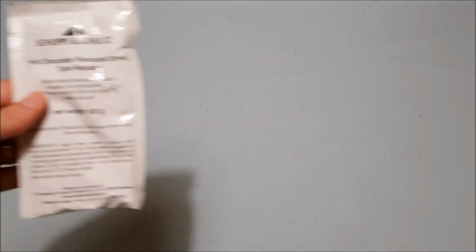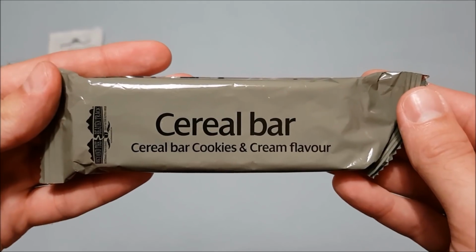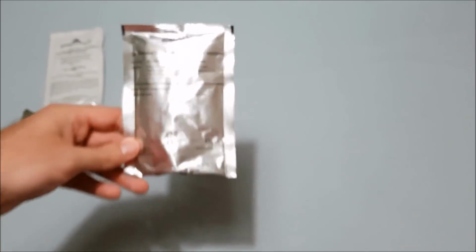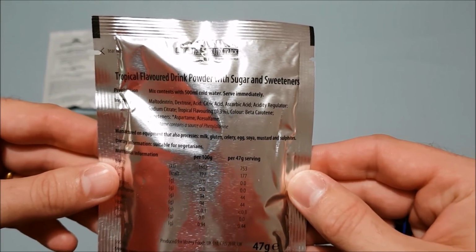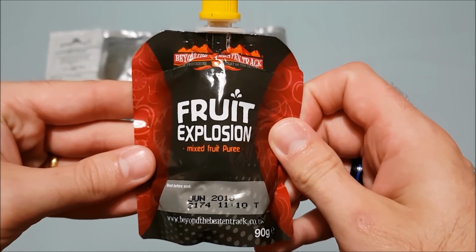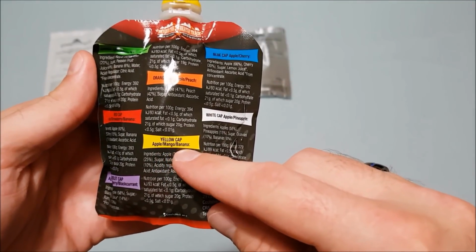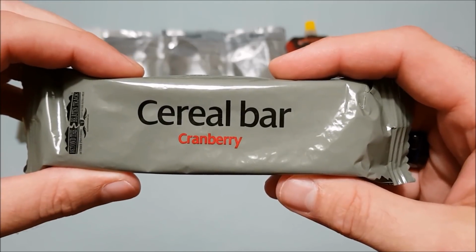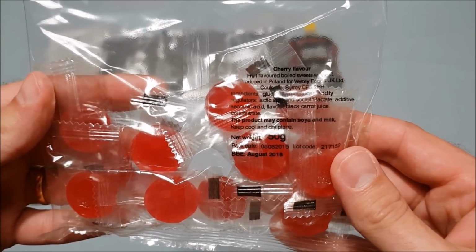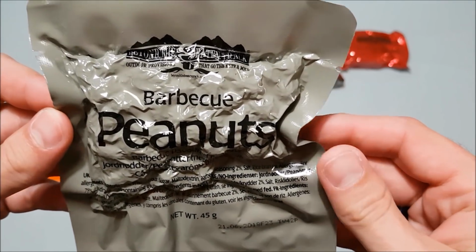And the contents are hot chocolate, type regular, cereal bar, cookies and cream flavour, cola flavoured drink powder with sugars and sweeteners, tropical flavoured drink powder with sugars and sweeteners, Tutti Frutti flavoured drink powder with sugars and sweeteners, Fruit Explosion mixed fruit puree, and this one has a yellow cap, so it's apple, mango and banana. Second cereal bar, cranberry flavoured, pack of 10 tissues, cherry flavoured boiled sweets, oat digestive biscuits, barbecue flavoured peanuts, smooth